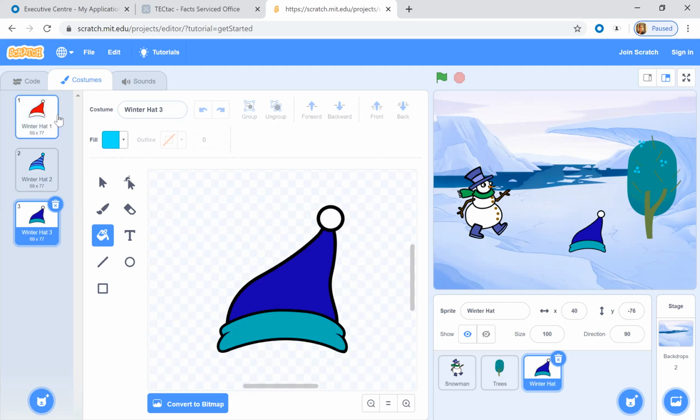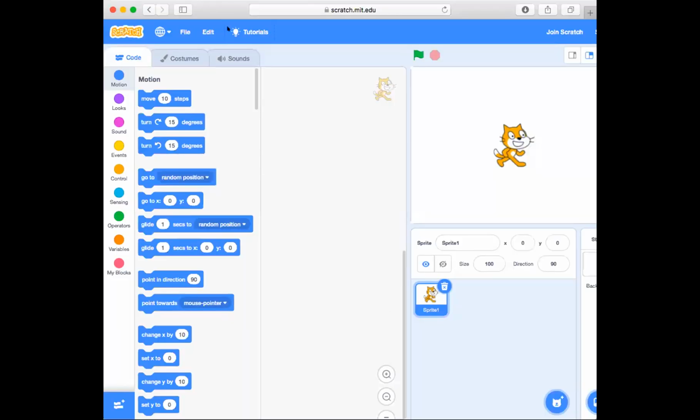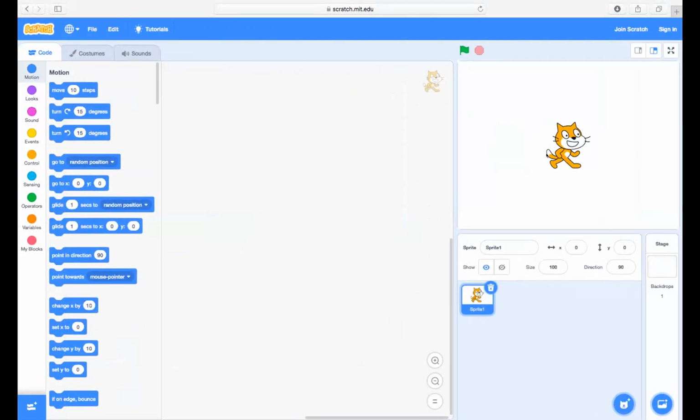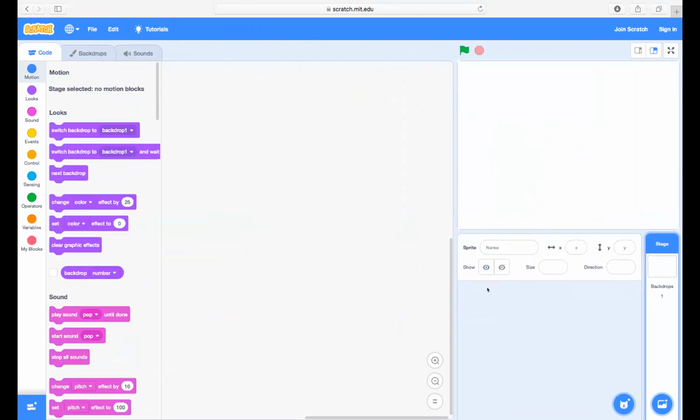Ian, can you share? Where did your stuff go that you did? You created coding for tree and for the snowman, right?